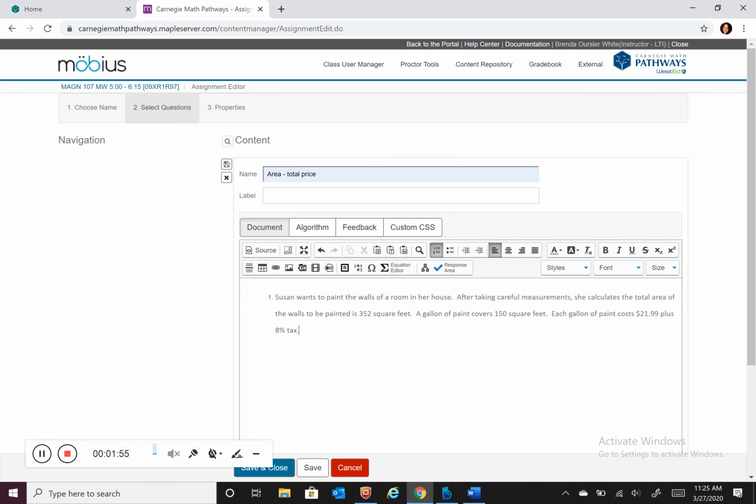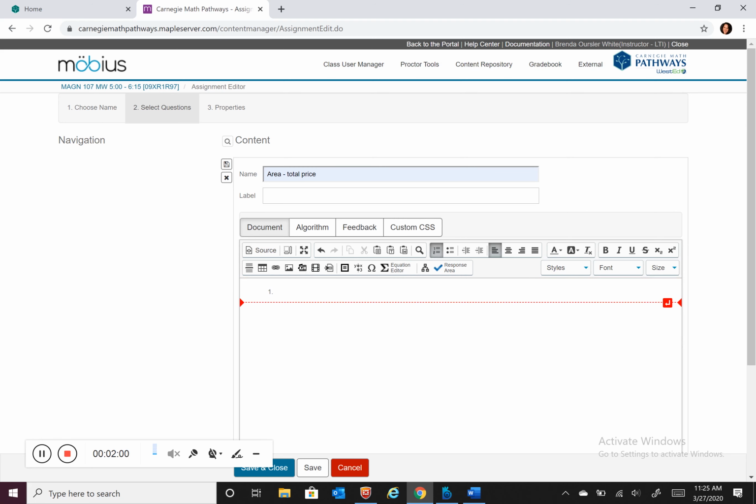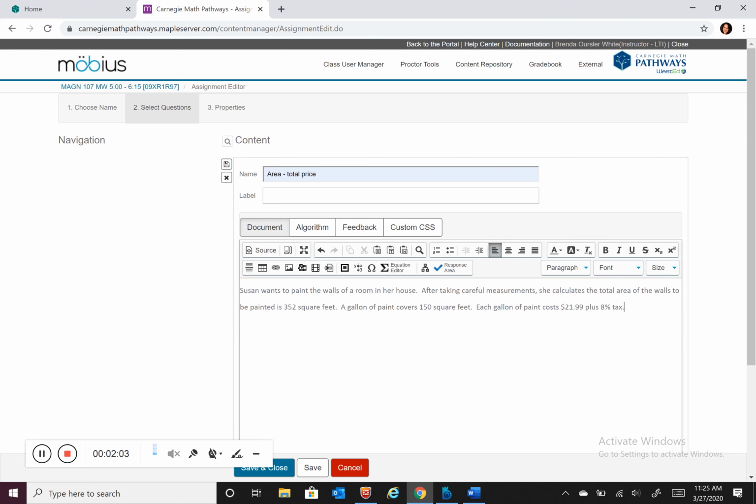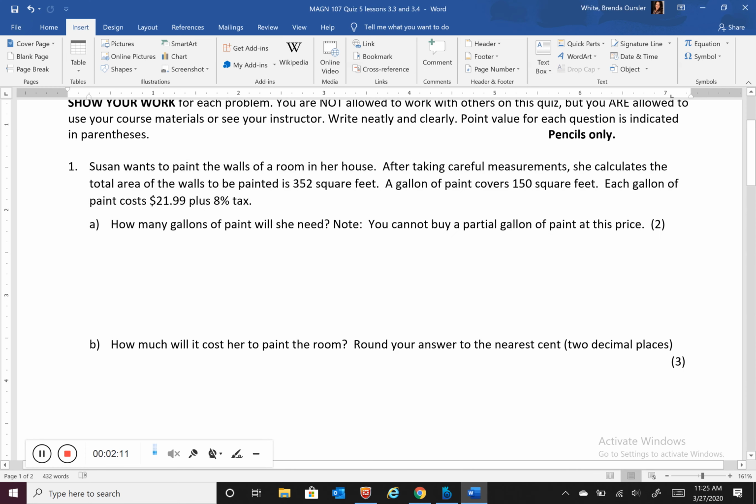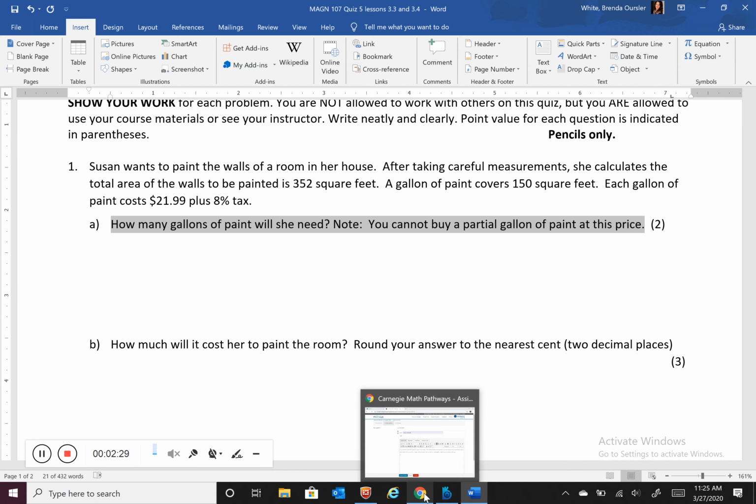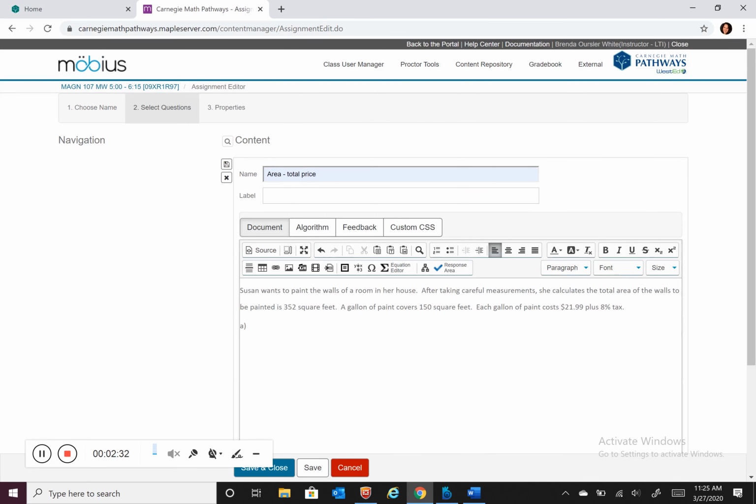and then I need to get rid of the automatic numbering, so I'm going to just hit cut and recopy in. Okay, and then I'm ready to add the first part of this question. So my first part is how many gallons of paint will she need? And no, you can't buy a partial gallon of paint. So I'm copying that, and I'm also noticing that question number 1 has a total of 5 points, and the first problem is worth 2 points. So I'm going back to my document,